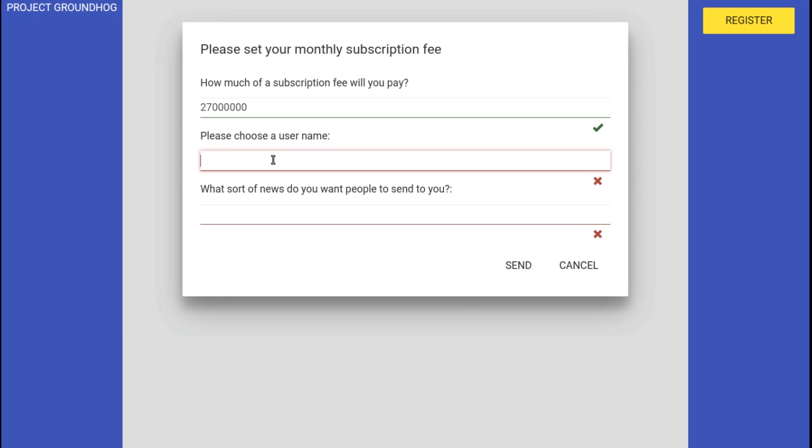So now I have to pick a username. I'm going to call this user Susie, and then I have to say what sort of news I want in my feed. The goal here is that you broadcast to everyone, this is the news I'm interested in, and people that send quality news that meets my desires to this feed will get upvoted, and upvoting will earn them real money. And if they send me lousy information, they get downvoted, and that will cost them money. So in this case, Susie wants to know about news that will affect the Goog price, the price of Google stock.